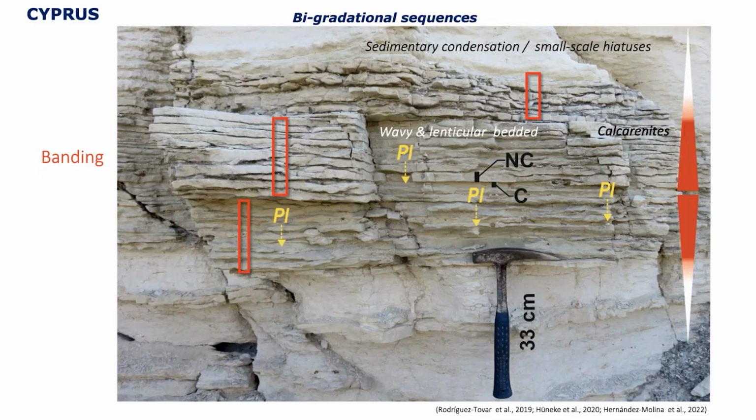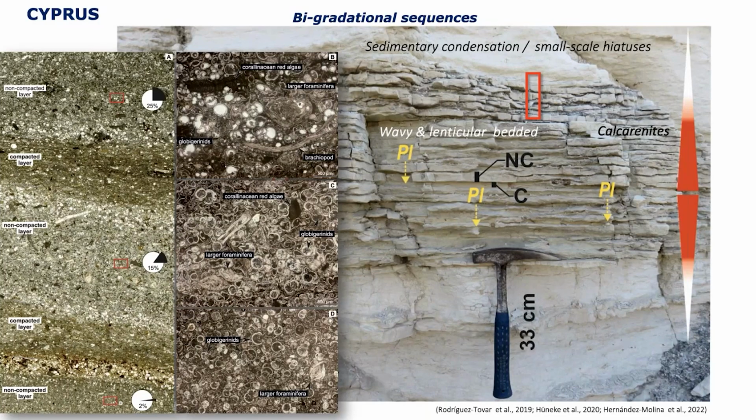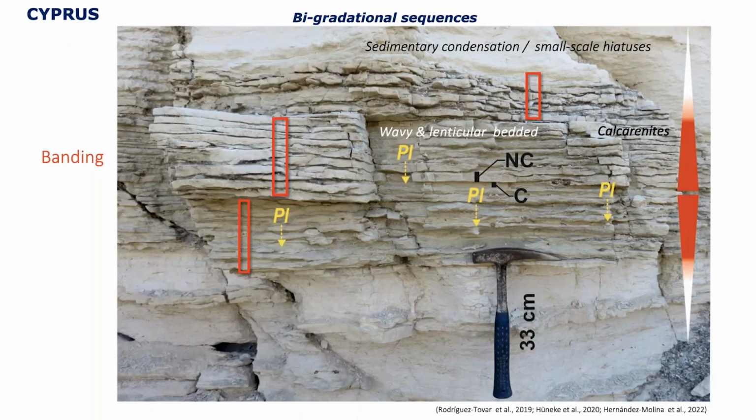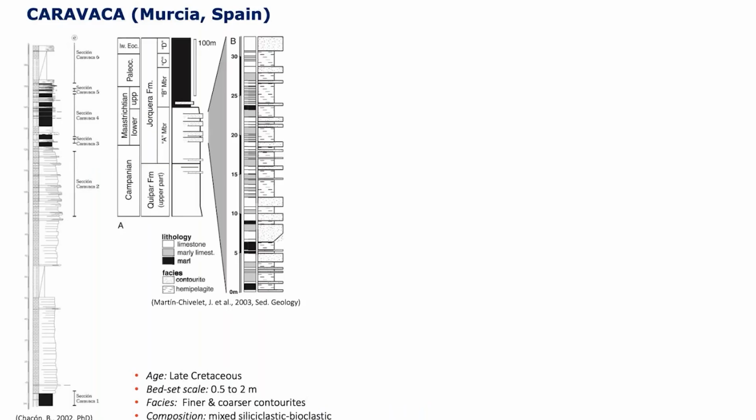So many evidence of reworking, interruption of segmentation, that is the key to have these, let's say, sandier deposits. And you see the microphases of this calcareous, in this case more carbonate, and it's mainly contained up to 98% of forams, especially in what we call the non-compacted layer, that's the more endurance layer here in the sample. In Caravaca, Murcia is even better because we can see a complete sequence